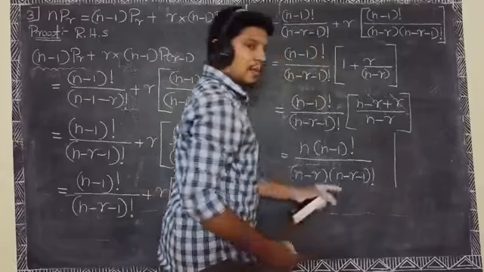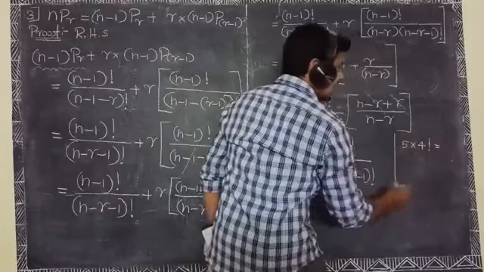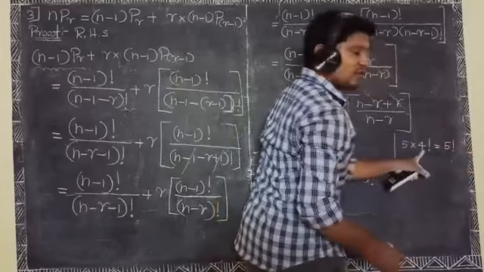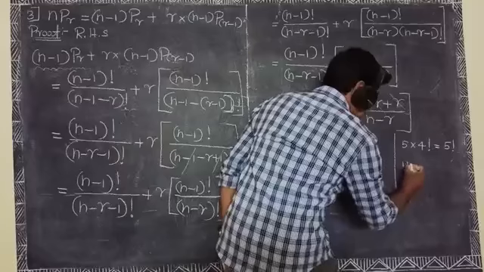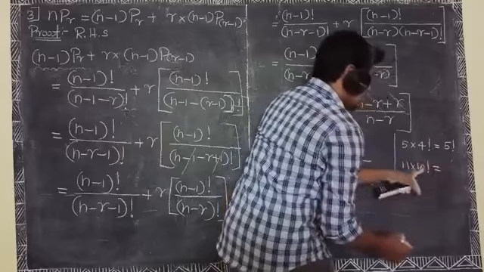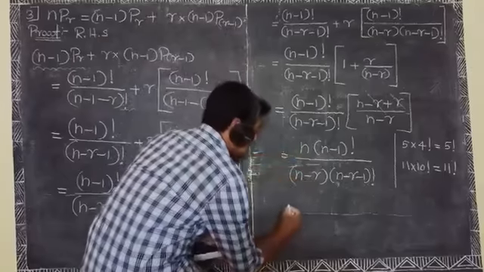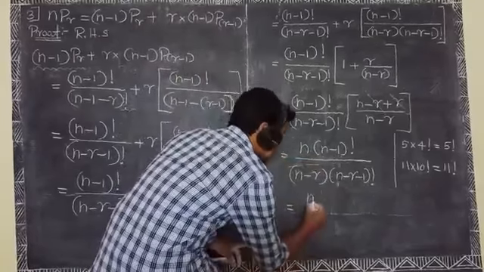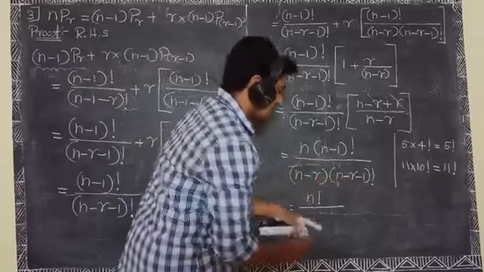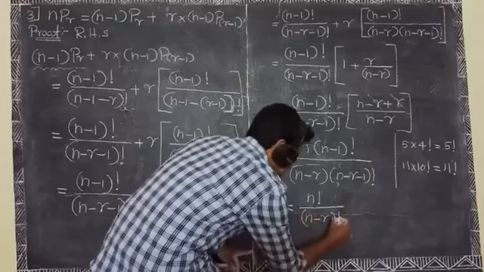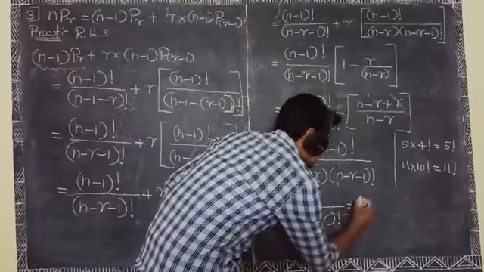Comparing to this, 5 into 4 factorial we can rewrite as 5 factorial, and 11 into 10 factorial we can rewrite as 11 factorial. Similarly, in the numerator, n into (n minus 1) factorial is n factorial, divided by the denominator, (n minus r) into (n minus r minus 1) factorial, which is (n minus r) factorial. n factorial divided by (n minus r) factorial is nPr, which is equal to